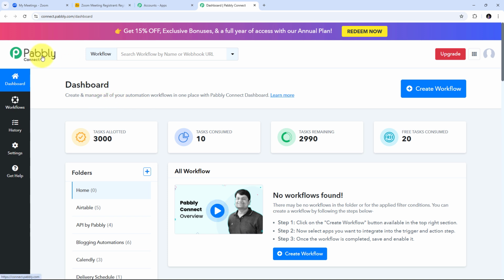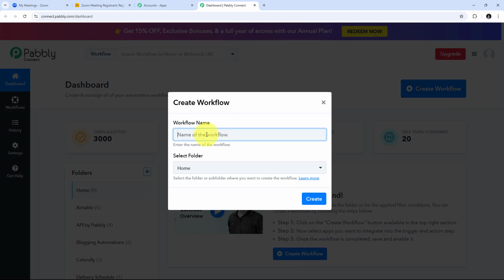Now here in the dashboard, I need to create a new workflow, and for that I'm going to click on this create workflow button and this window will pop up. Here I need to name my workflow, so I'm going to name it as my objective, which is to add Zoom meeting registrants detail in Airtable automatically. Now I need to click on create,